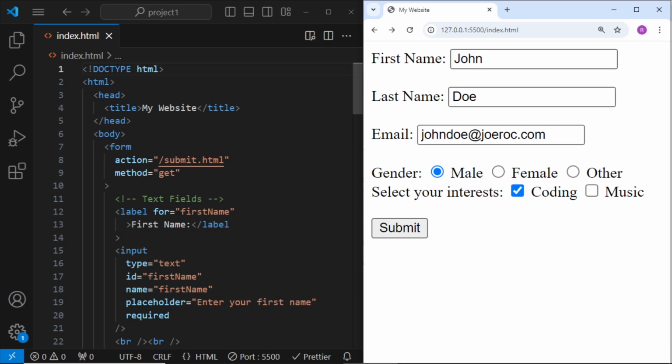In this session, we will learn about the form tags. Form tags in HTML are used to create forms that allow users to input data, which can then be sent to a server for processing. It serves as a container for various input elements like text fields, checkboxes, radio buttons, and submit buttons, which allow